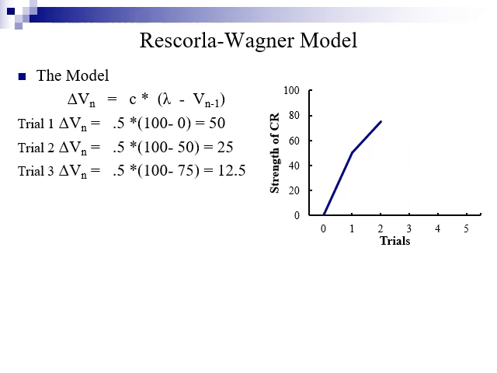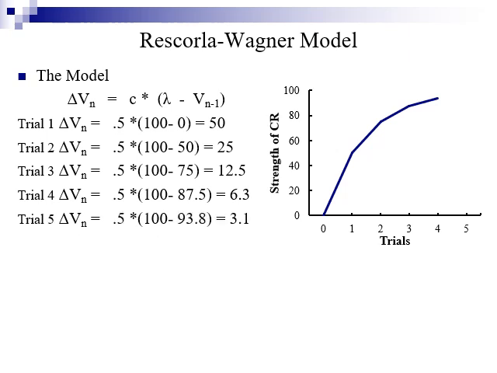On trial number 3, the only thing we have to change is the amount of learning that had occurred on previous trials. Instead of 50, it was 75. So now we have 100 minus 75 times 0.5 equals 12.5. And we just continue doing that from trial to trial and plotting it each time. And we see that it produces that negatively decelerating curve that is a standard learning curve. That we get more learning with every pairing, with every trial, but less learning each time.